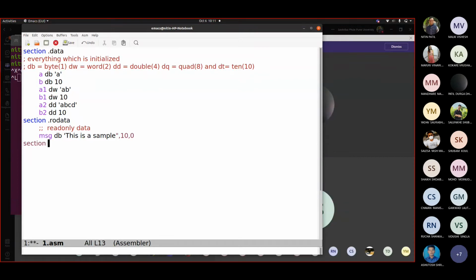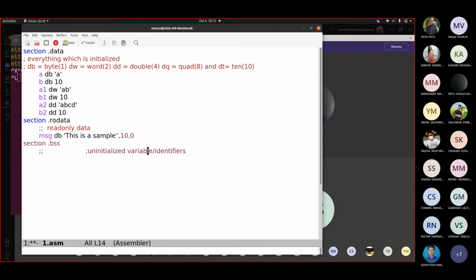There is something called BSS. So section .bss. This is meant mainly for containing uninitialized variables or identifiers.